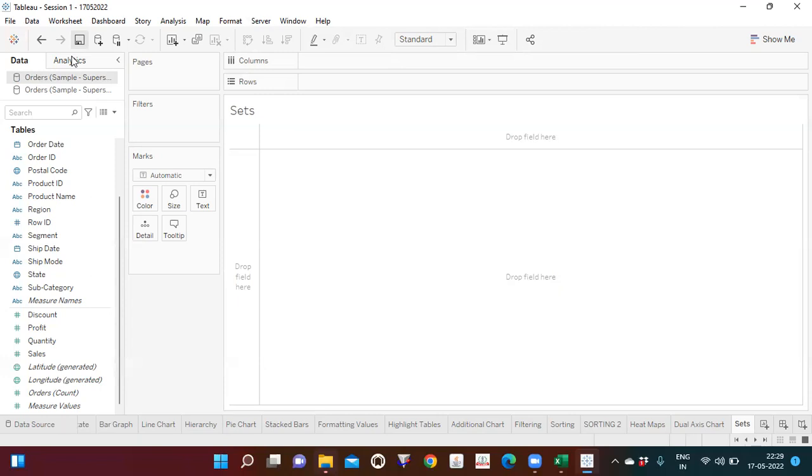ठीक है? So for that, अभी हम एक example के through करेंगे. So guys, what we need to do now, you guys need to create this view, a very simple view, wherein so we are having customer names in this data as I remember. Yeah, so we are having the customer names. So what we have to do,